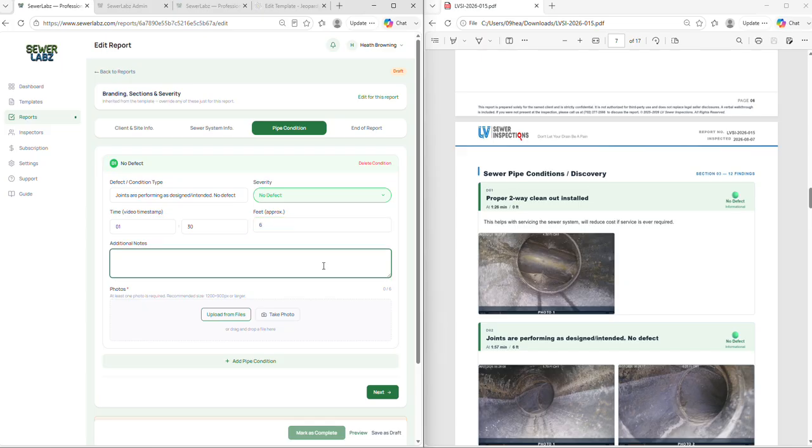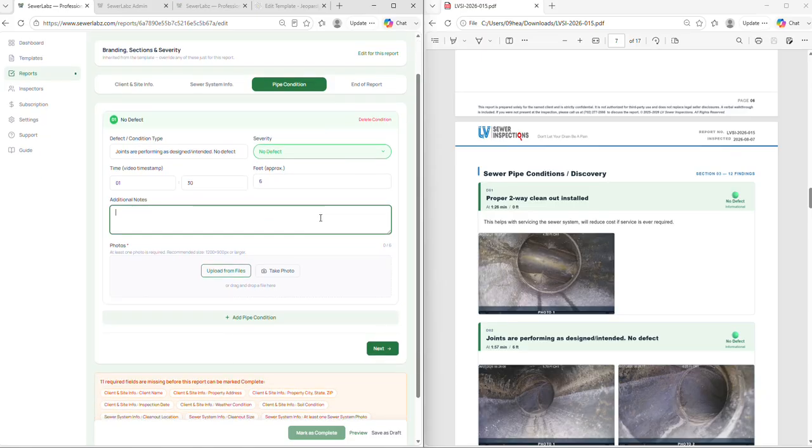Additional notes, whatever you want to type in here. I think this is limited to 500 characters, if I remember. Brevity is key, so I wanted to keep the format consistent. If you can't explain what you need in 500 characters of a text box, I suggest working on brevity, or maybe get some AI help on reducing